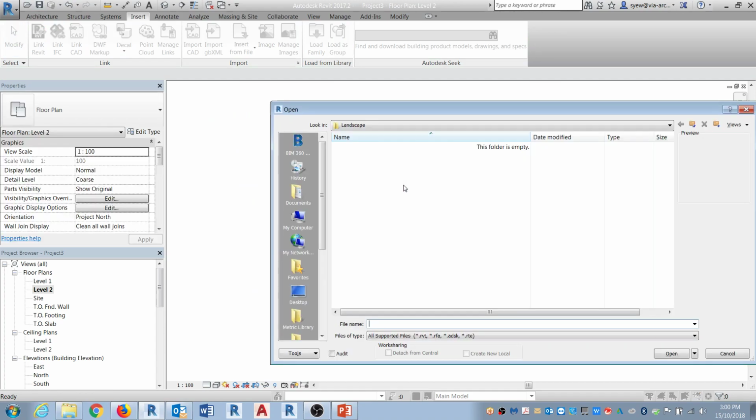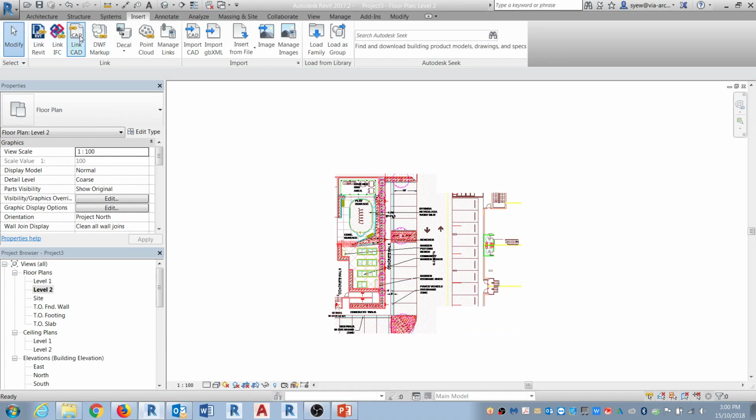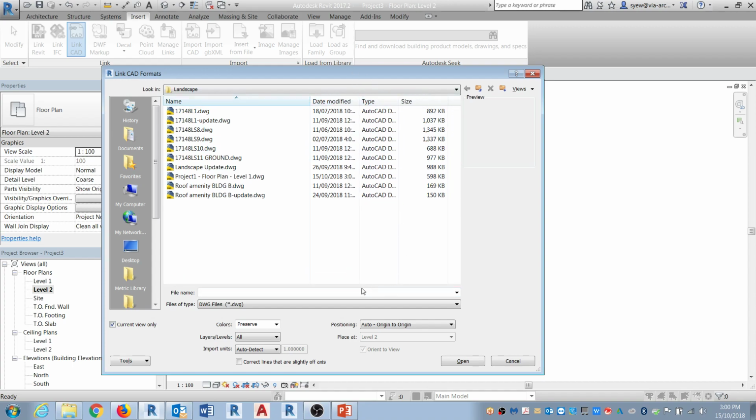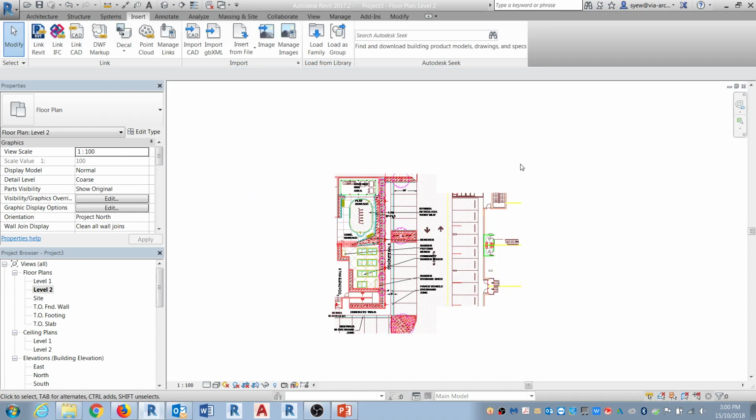Now when you check the size of both drawings, you notice that this particular level is only 500 kilobytes versus if you have that, it's like 1 megabyte. Now sometimes you're going to have drawings that are larger than that, let's say 5 megabytes, 6 megabytes. So if you can cut that down as much as possible, that would help tremendously. Right. Let's move on to the next